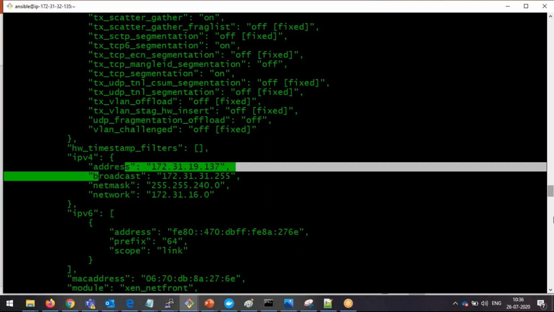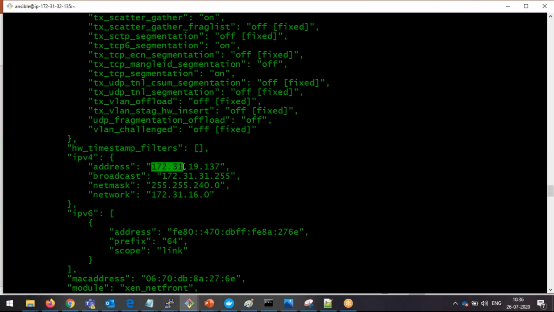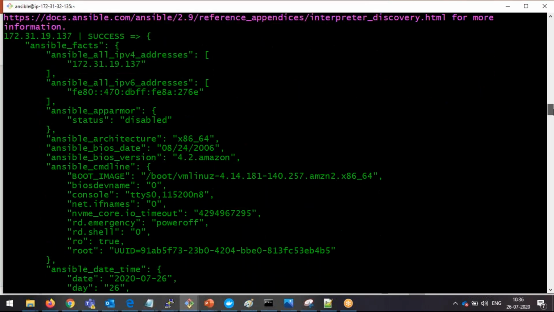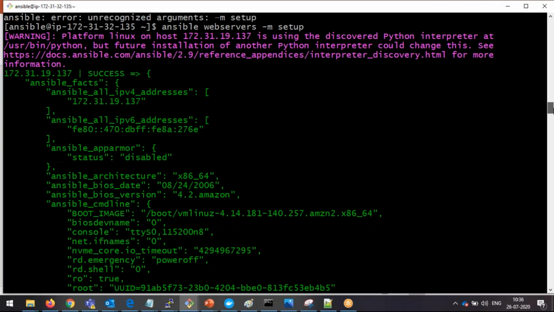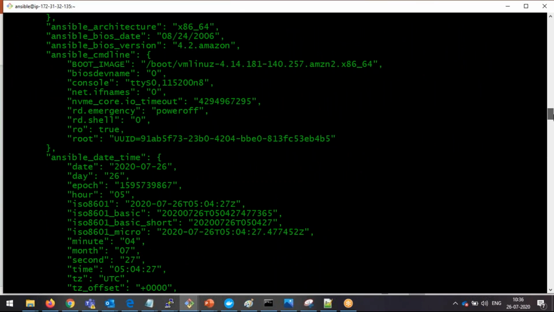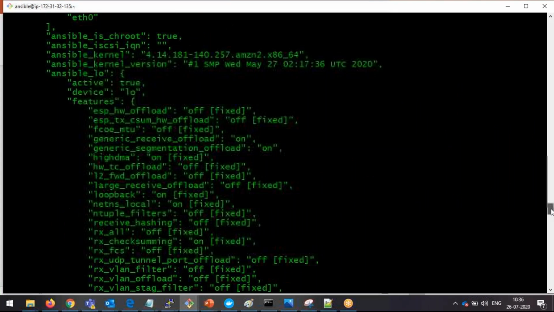IP address, our machine IP address, right? So when you want to have the IP address, ansible_default_ipv4 address is the property, so that you can know the IP address. Like that, this is one of the useful modules for us. Setup is one of the useful modules. So when you require to know the system properties, then you can run the setup module, then you can pick the property whatever you're looking for. Like this is one thing. So then